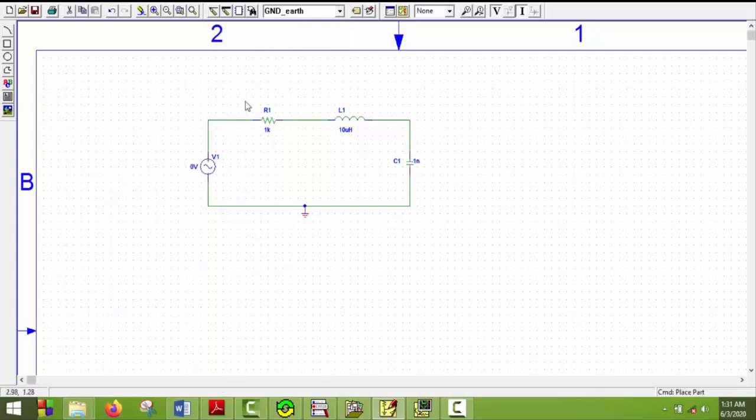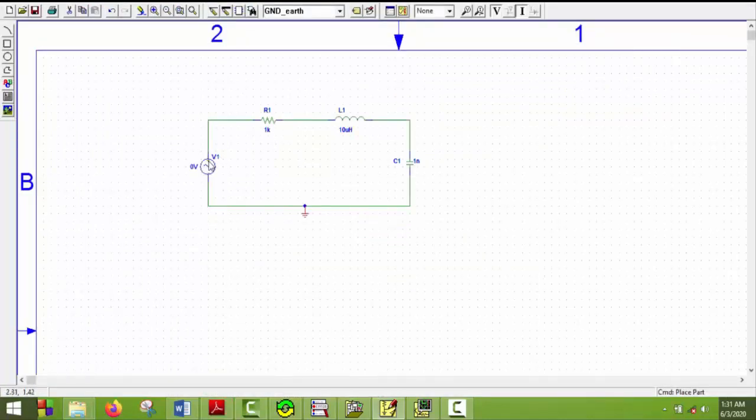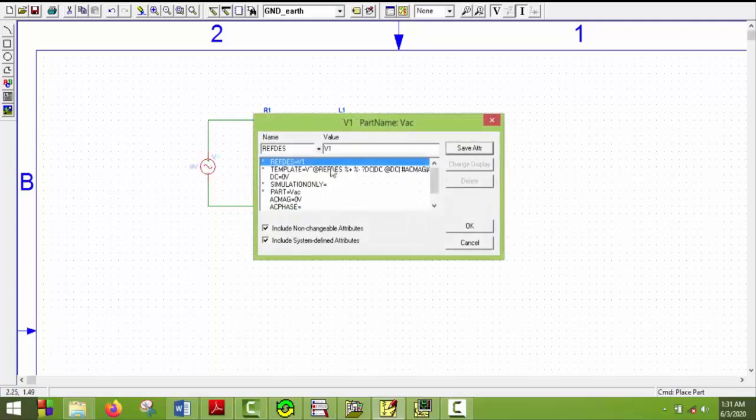Now we will have to put the values in these elements. The voltage source has a 120 volt magnitude, so we will go to the element, and DC offset is 0 here, AC magnitude is 120 volt, and AC phase is 0, and we will say OK.